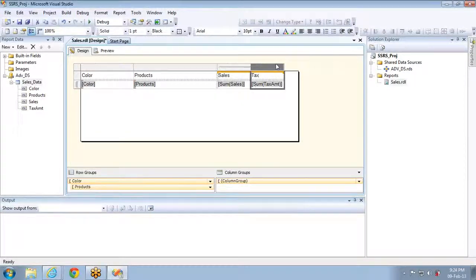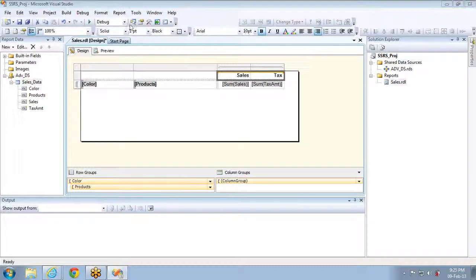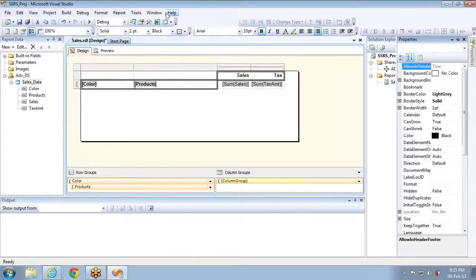Now let me design it a bit. I'm taking right align for everything, right align for this data, and I'll remove this text, and these two I'll set to bold, and even this one. And now let me set some coloring, background color and fore color for these four. Let me select this.